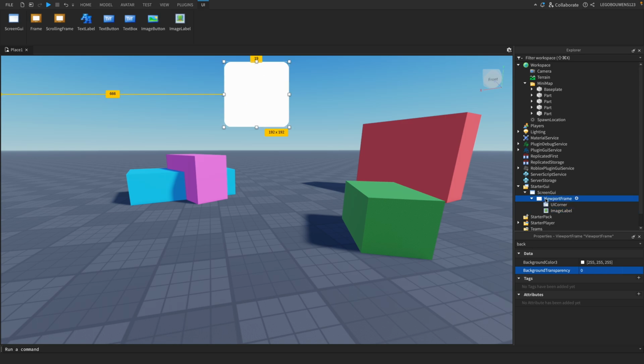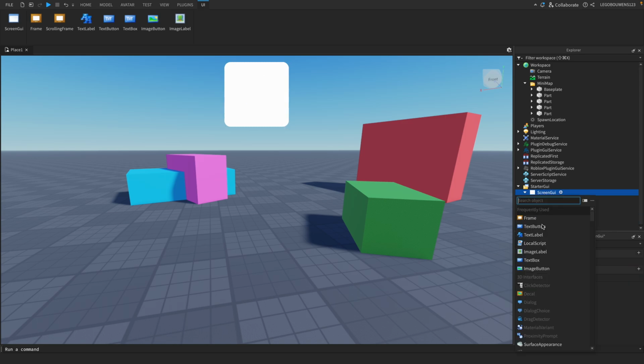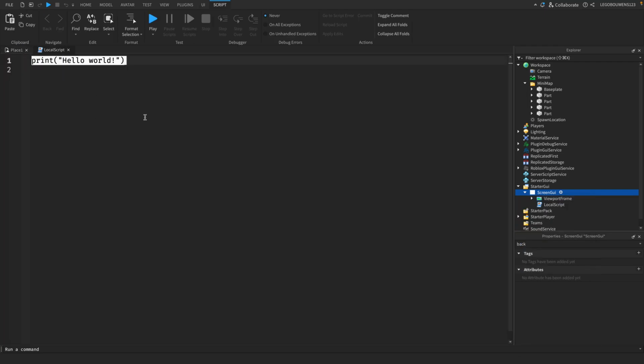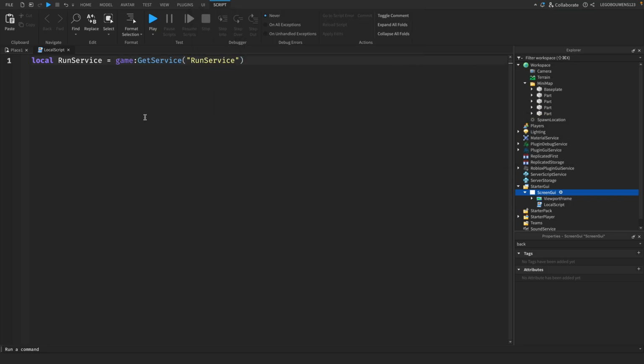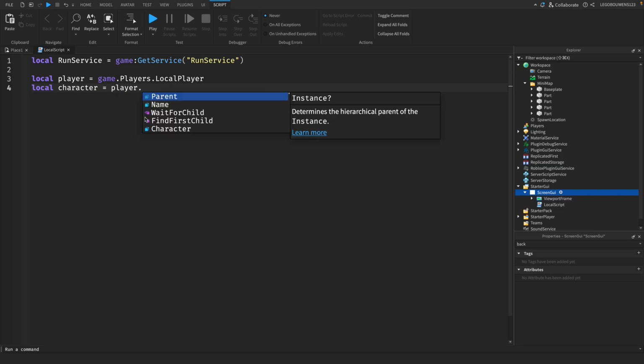Now let's actually program it. So let's insert a local script into the screen GUI. First, let's make a variable for the run service. So local runService = game:GetService("RunService"). Now let's make some variables for the player. So local player = game.Players.LocalPlayer. And now let's make a variable for the character. So local character = player.Character